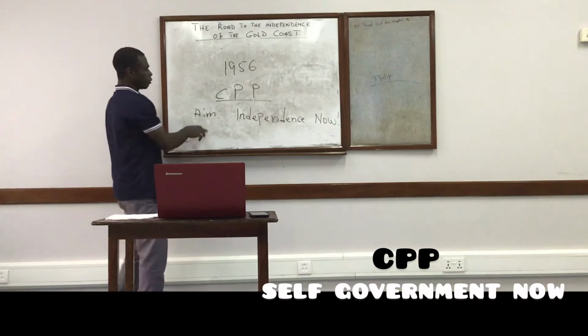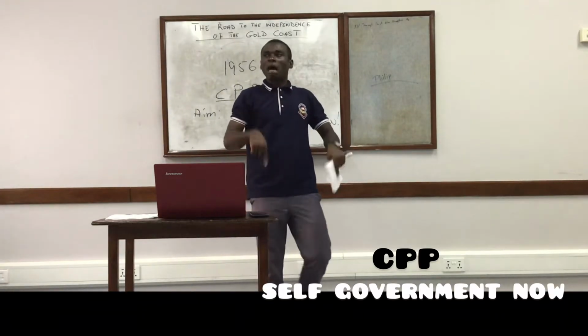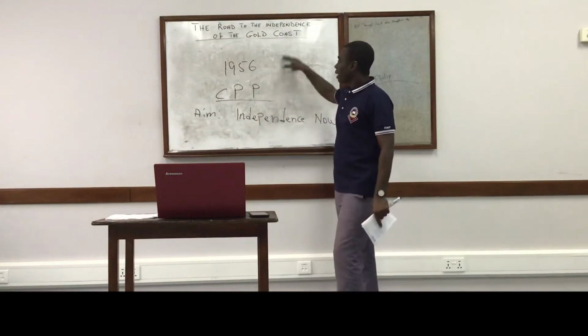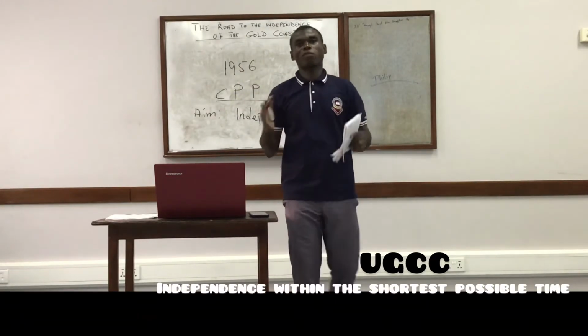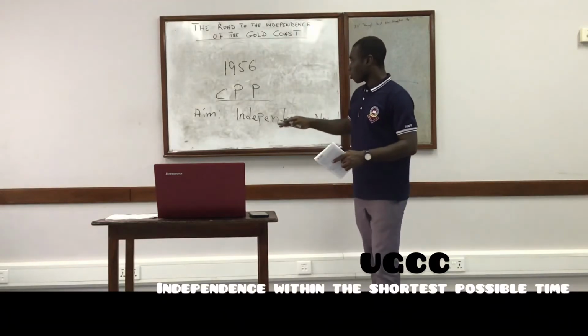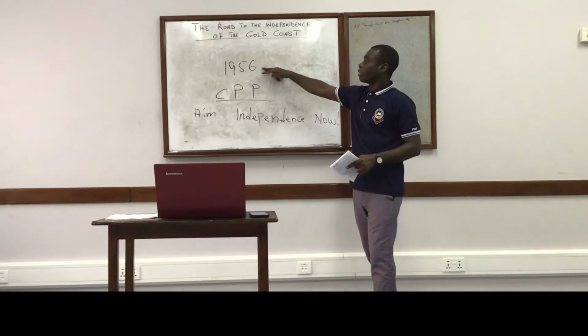That is the objective or the aim of the CPP. Independence now means we want independence now, as compared to the other party, the UGCC, which also had the objective of independence within the shortest possible time. So Nkrumah won the 1956 election. So the next year,